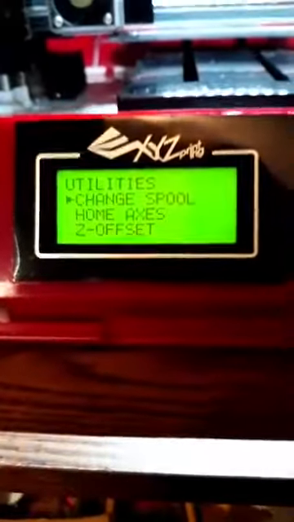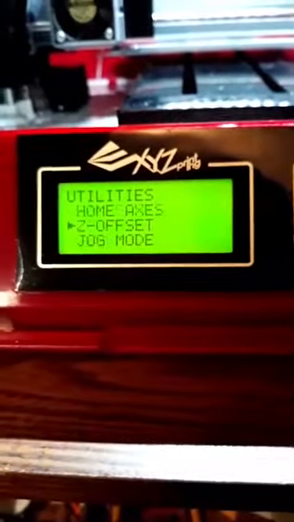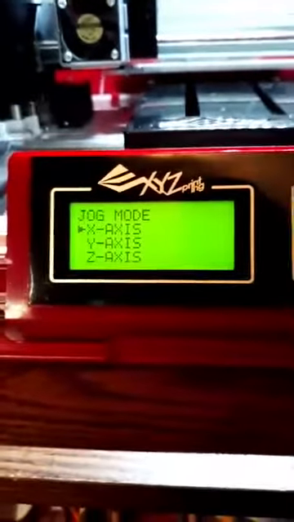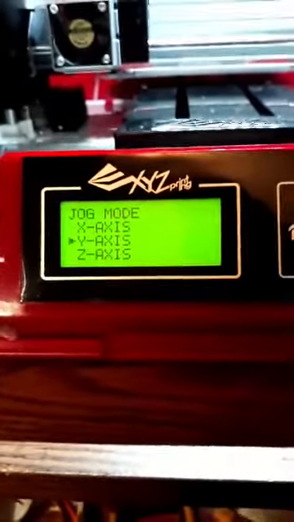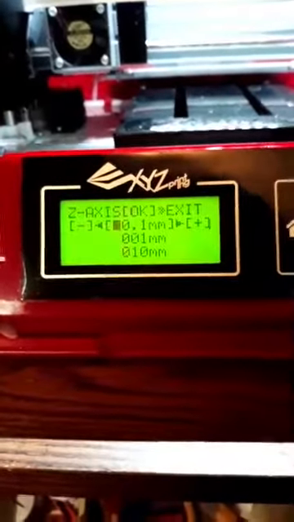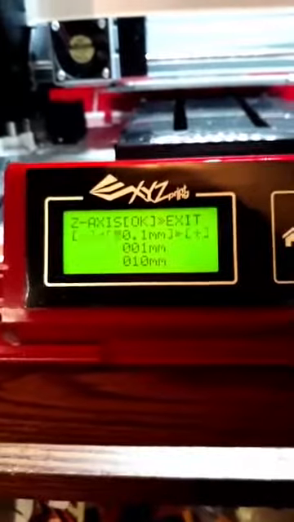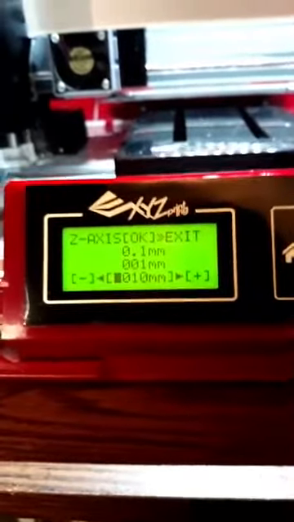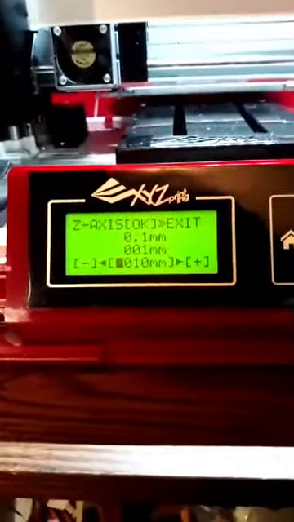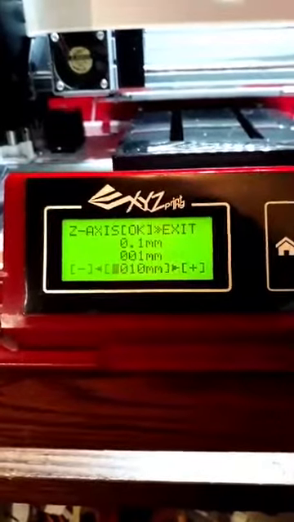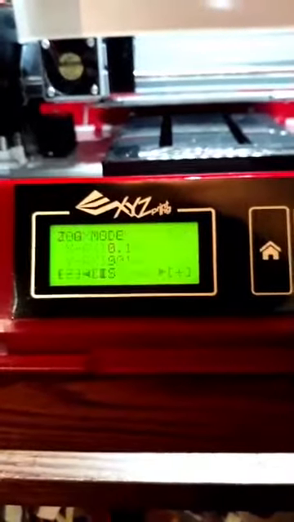So I go to utilities, and I go to jog mode, and I want to jog my Z-axis. Okay. And then I want to go there, and I want to go, okay.